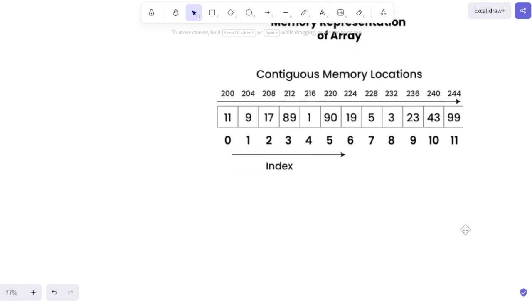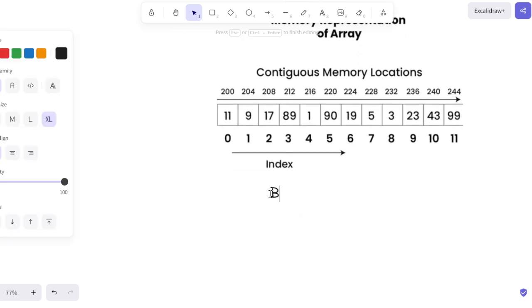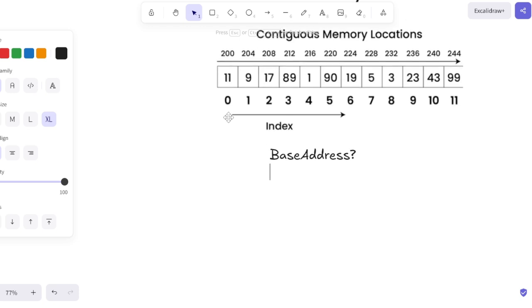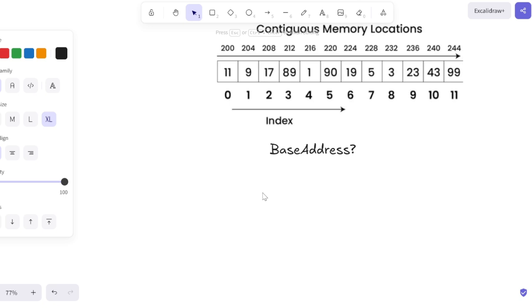Next, coming to the base address. What is the base address? The computer doesn't actually memorize the address of every single item in your array. It only memorizes the location of the very first item. This is called the base address. Because the memory is perfectly contiguous and every element is the same data type size, the computer can use a simple math formula to instantly calculate where any item lives. So, coming to the formula,